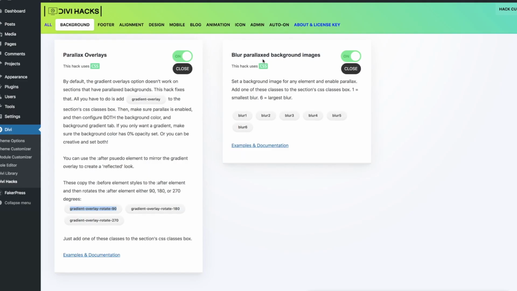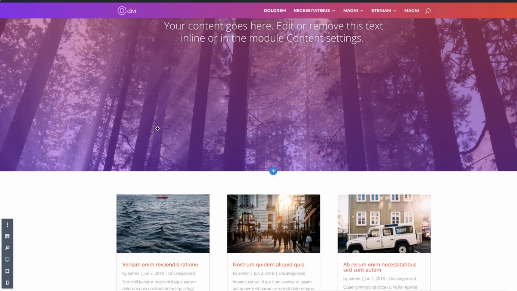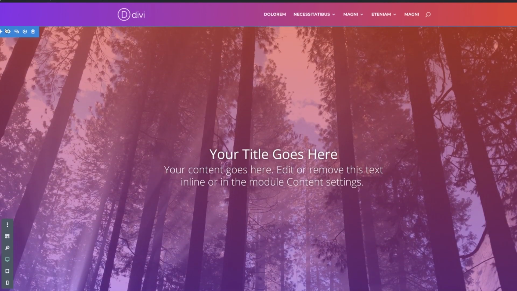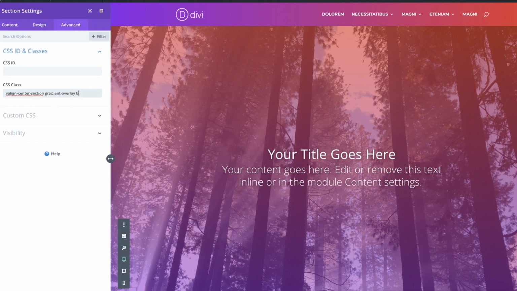And finally, the other hack we have are blurred background images in parallax mode. So there's a few different classes we can use: blur 1, blur 2, blur 3, blur 4, blur 5, and blur 6. Basically, the bigger the number, the larger the blur. So basically, all we need to do, we have our background image, and it's in parallax mode. So all we need to do is go to the Advanced tab, and we're just going to add one of those blur